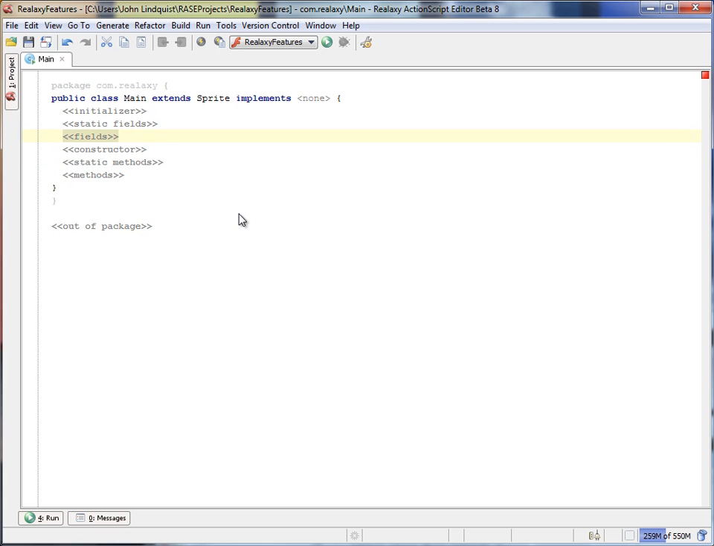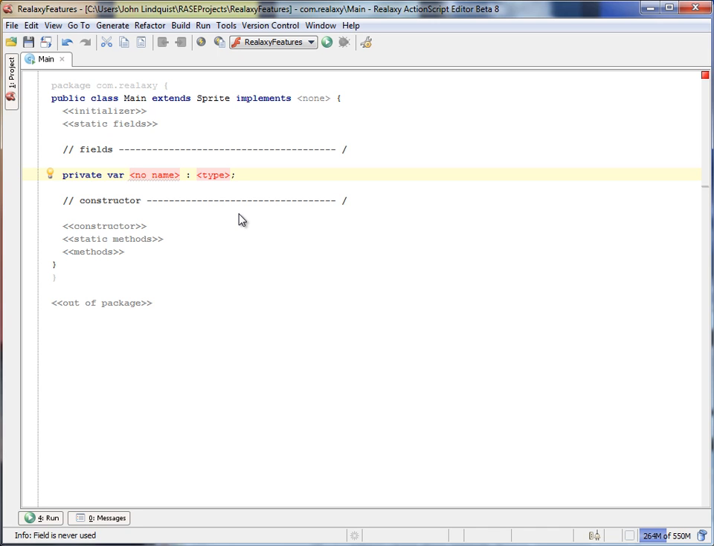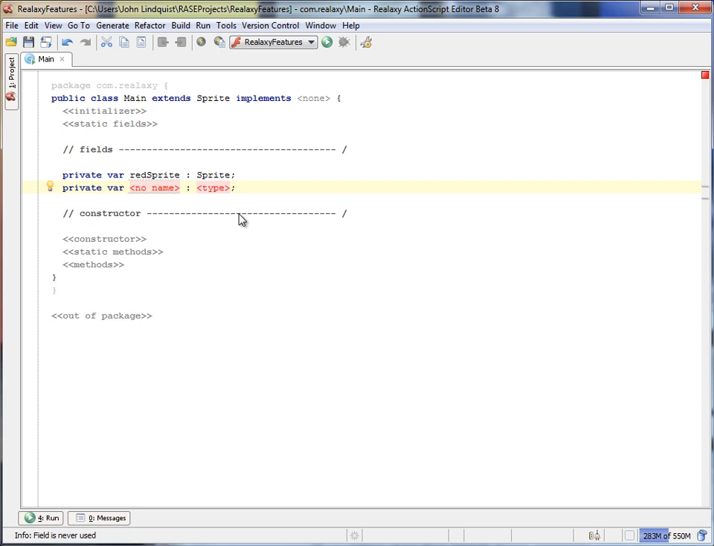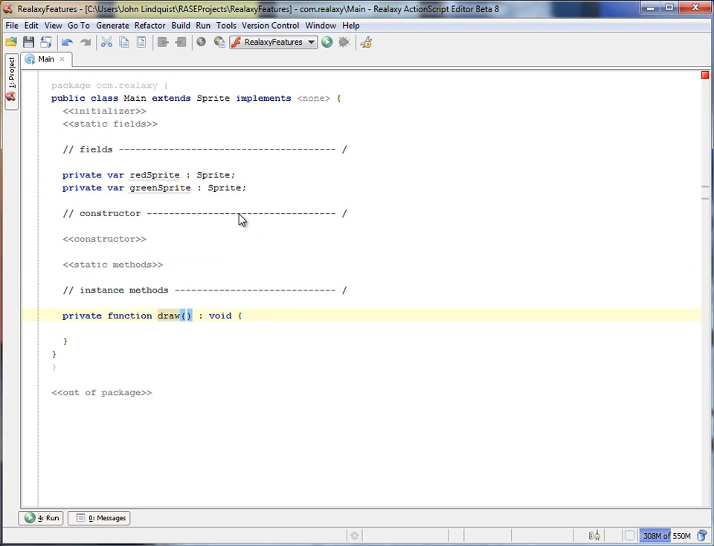So say, for example, I hit enter here, and you can see it generates some of the field requirements for me. I hit red sprite. I'm just going to start working on a hello world example. I can hit enter again, green sprite, sprite. And if I just tab on down to the methods and hit enter, I can create a method called draw sprite, pass in a sprite with the type of sprite, hit enter again, color, uint, enter, width, number, enter, height, and